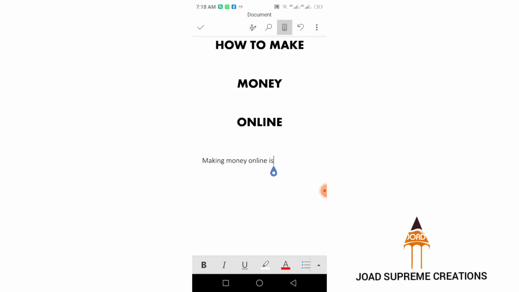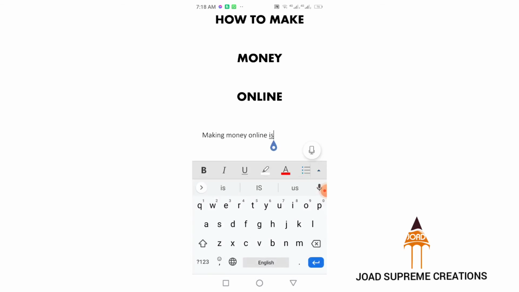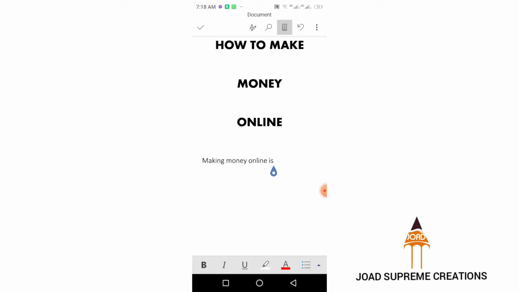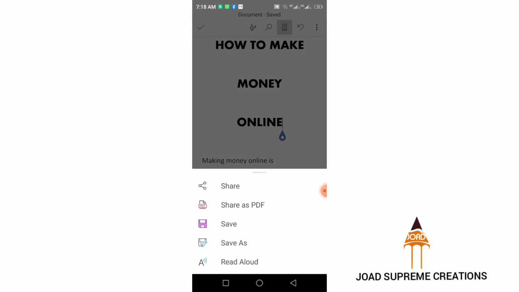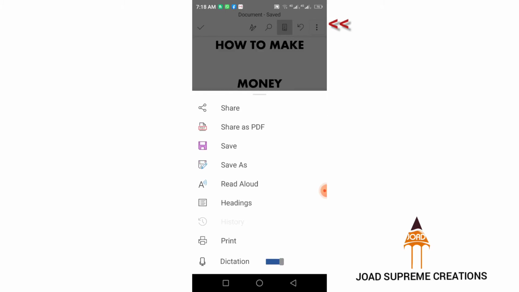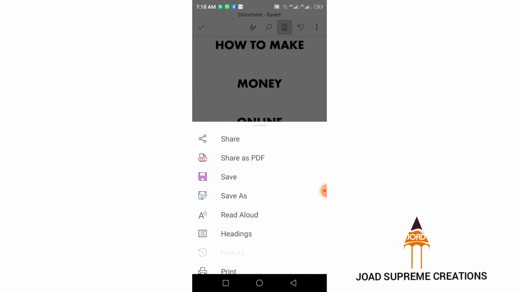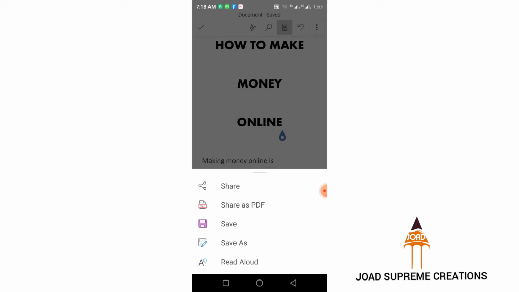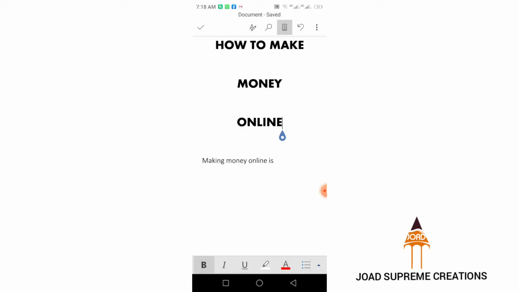Now let's come up here and then click on this option, and then you see what's here, this three dots. Now that is where you see share as PDF, save as, read cloud, headings, and so on. So now if you want to save, you just save as. But before you save as,